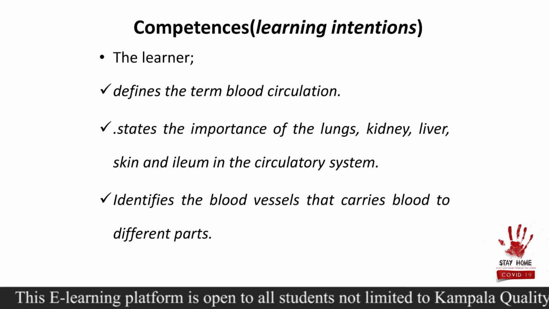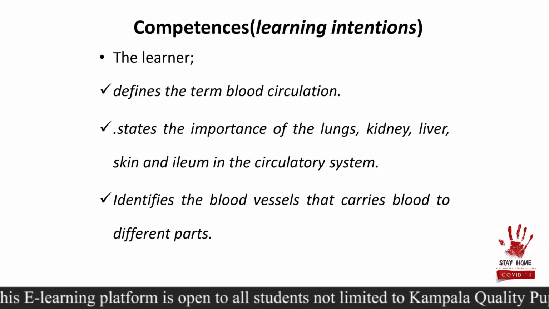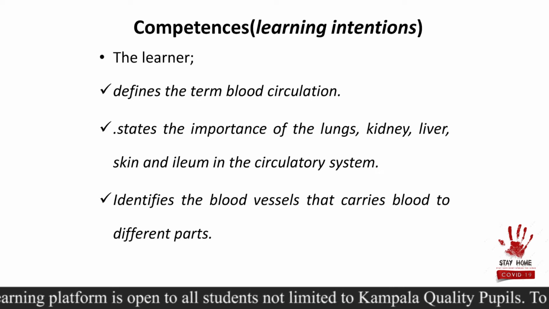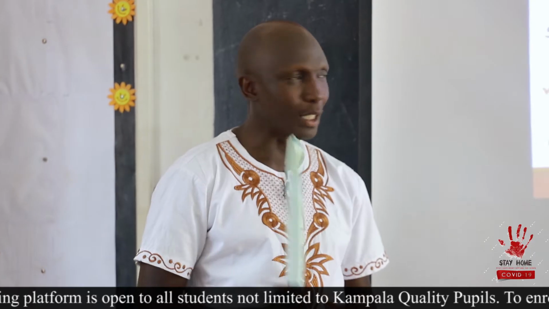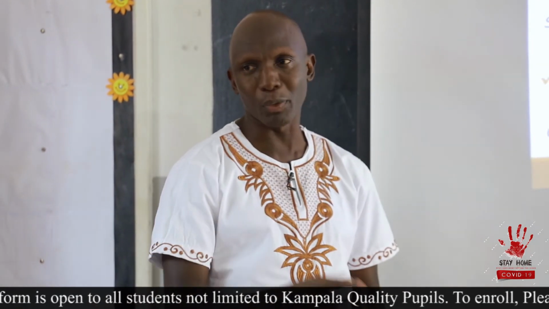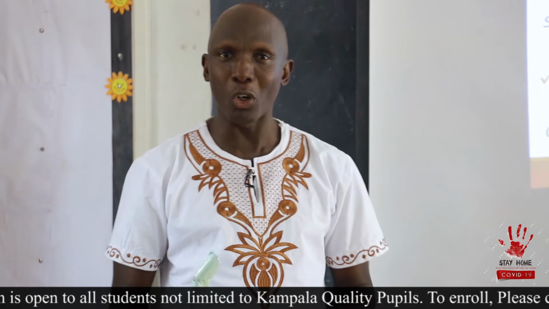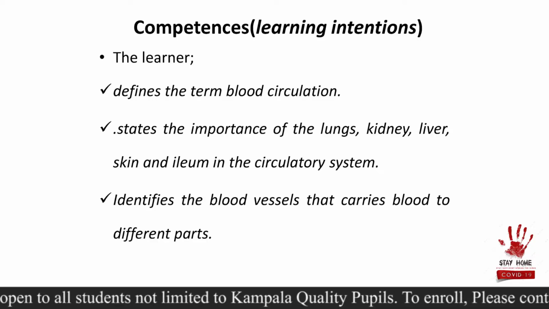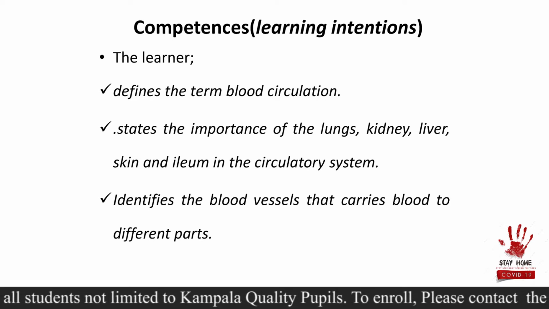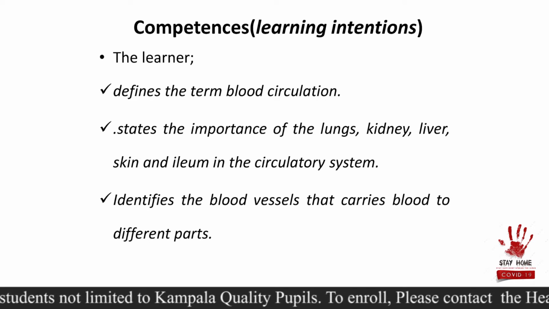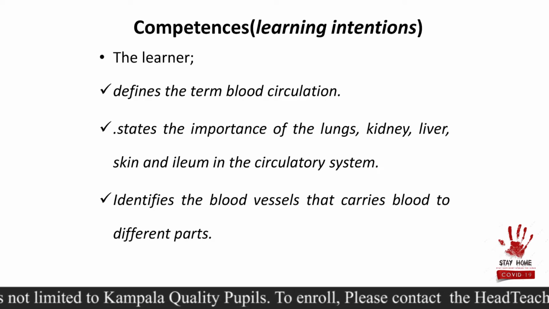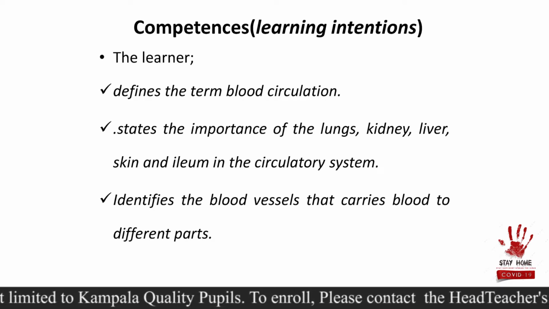Then finally, we shall look at the different blood vessels by their name. This time they are going to be different from those we saw from the heart. They have got scientific names. So be very attentive and learn the spelling and the pronunciation. So identify those blood vessels that carry blood to different parts of the body. By the end of this session, all of you must have achieved this: the meaning of blood saturation, the importance of those organs which are involved in blood saturation, and the different blood vessels which take blood to different parts of the body. So I request that you concentrate, children, and we start off right away.